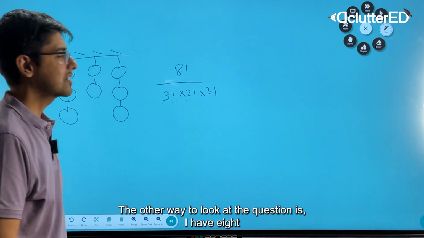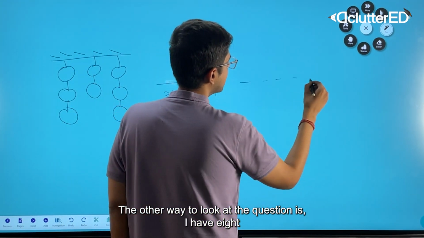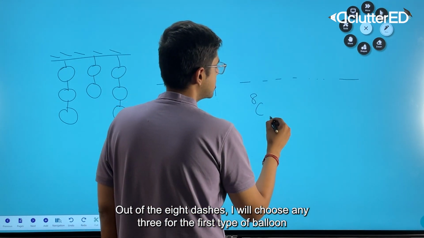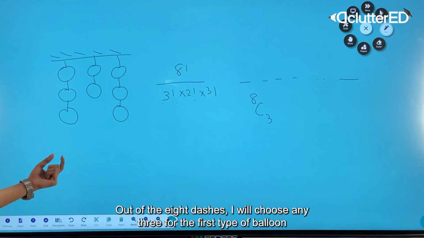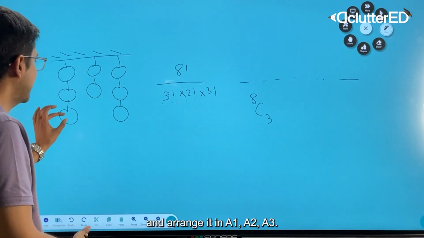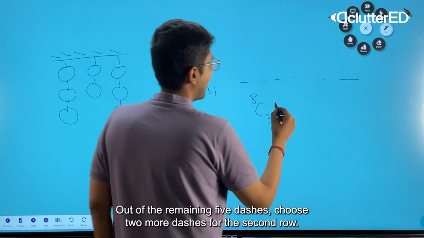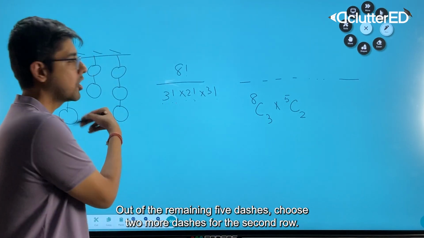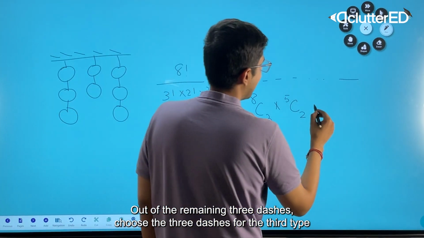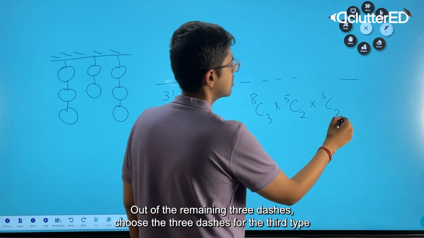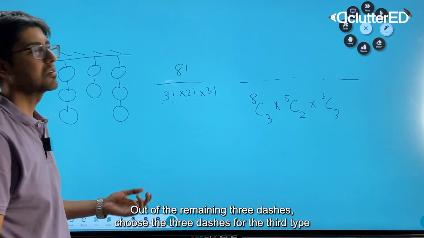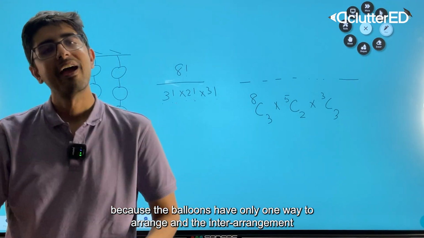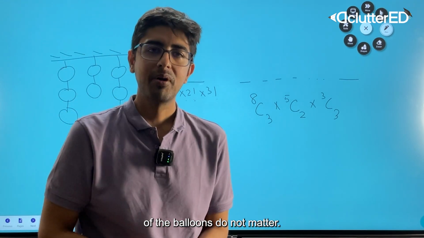The other way to look at the question is, I have 8 dashes. Out of the 8 dashes, I will choose any 3 for the first type of balloon and arrange it in A1, A2, A3. Out of the remaining 5 dashes, choose 2 more dashes for the second row, and out of the remaining 3 dashes, choose the 3 dashes for the third type, because the balloons have only one way to arrange and the inter-arrangement of the balloons do not